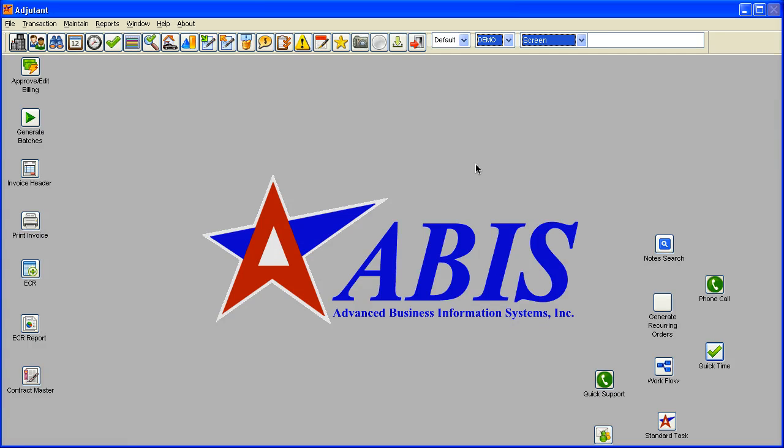Okay, let's take a look at a new feature in Adjutant, which is up in the toolbar. There's been some recent changes up here at the top, but the big one, and one that maybe isn't being utilized as much as it could be, is the quick search bar at the top. You have a drop down here which tells the system what you're searching for, and then you have a search